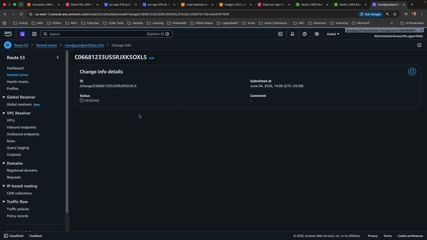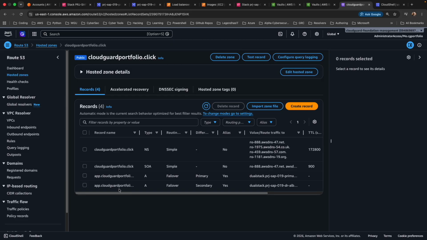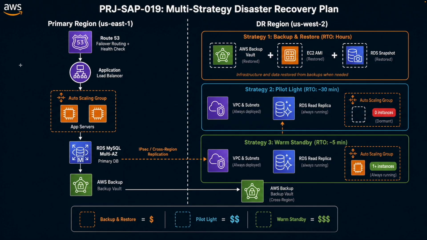Let's see the status. So our records have been created. Now the moment of truth, we're going to go through the disaster recovery drill to simulate a real-world primary region failure cleanly. I'm going to run a CLI command to block all HTTP traffic at the primary application load balancer security group. So essentially I'm going to be blocking all HTTP traffic at the security group of the Elastic Load